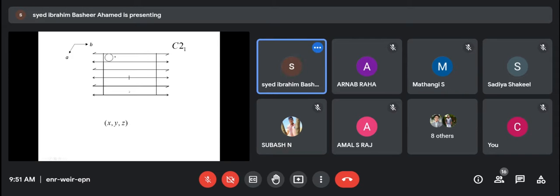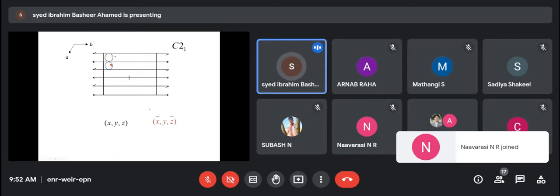So now let us see how we are operating. Assume the origin, you have a molecule here. The equivalent equation is x, y, z. Now I have to apply 2-fold rotation. I am applying 2-fold rotation, and the molecule will come here. So what's the coordinate? x bar, y, z bar. Whatever we saw in the earlier space group, the same thing. You apply 2-fold rotation, so you will have x bar, y, z bar.